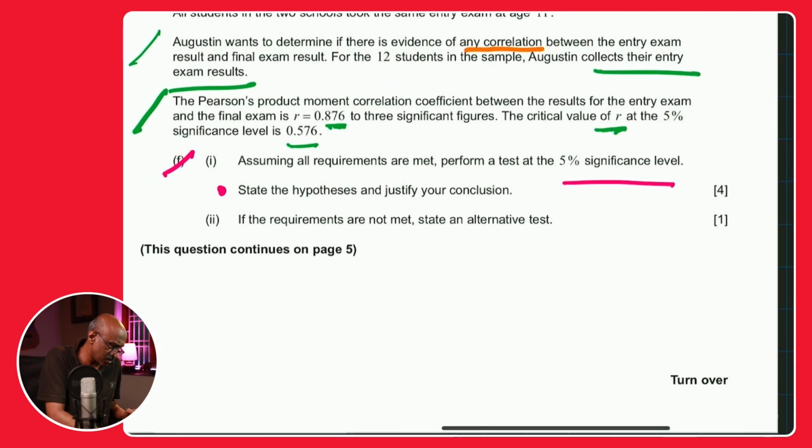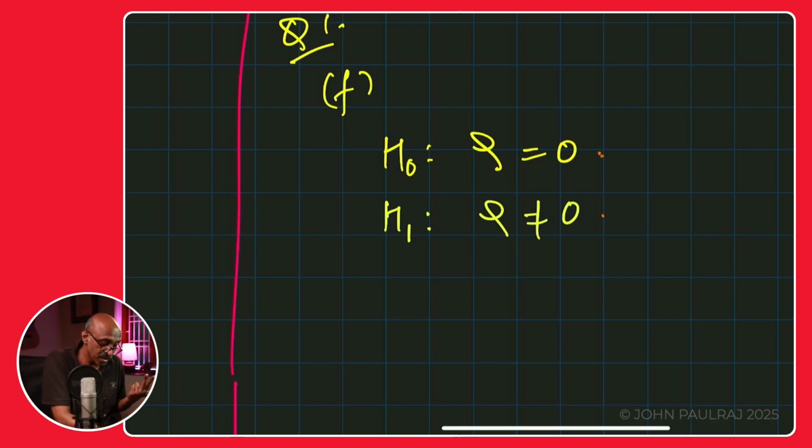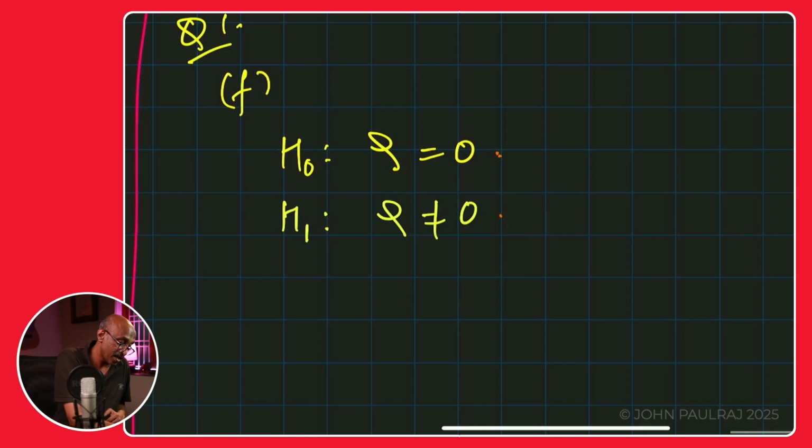equal to 0. Have they asked just the hypothesis? Yeah. So we'll just write down H1 should be rho not equal to 0. So rho equal to 0 means that there is no correlation. Rho not equal to 0 means that there is a correlation, okay? And again, we can write down what that rho represents, where